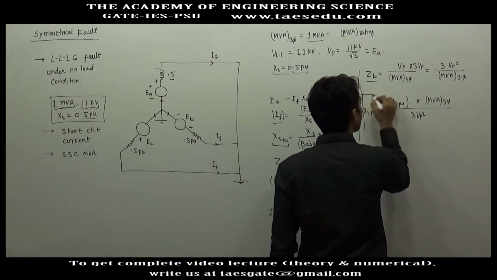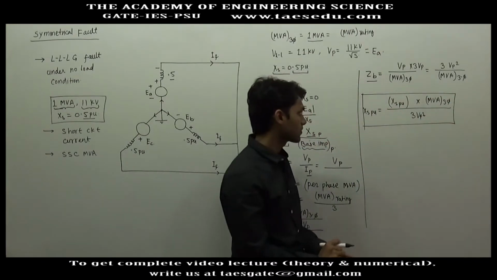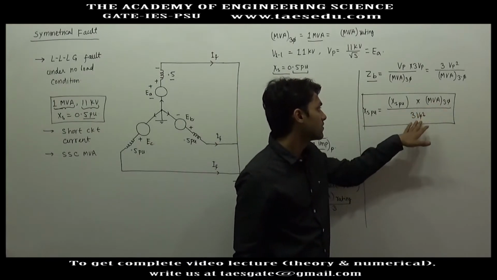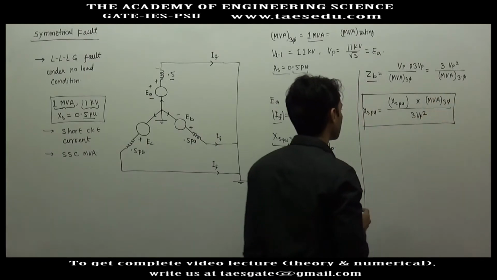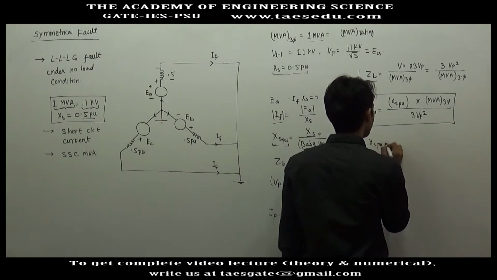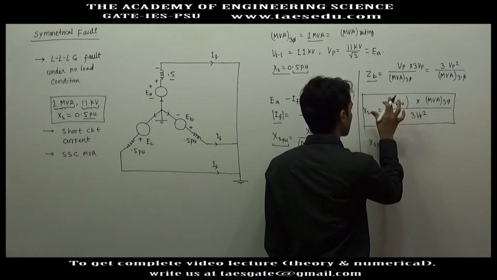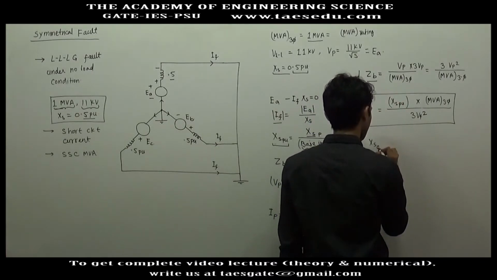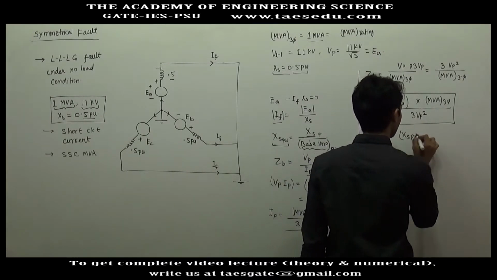The ohmic value of phase impedance is equal to the PU value of phase impedance into the 3 phase rating divided by 3 Vp square. XS PU is equal to, sorry, this is the actual value of synchronous reactance. XS actual is equal to XS PU into